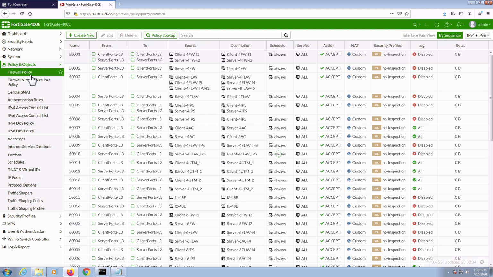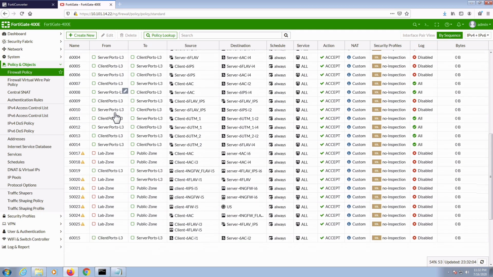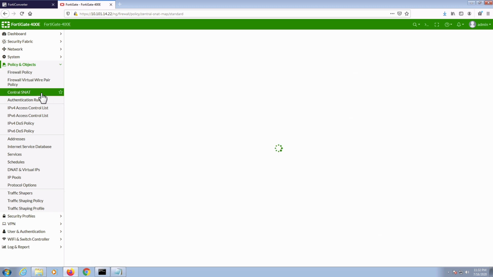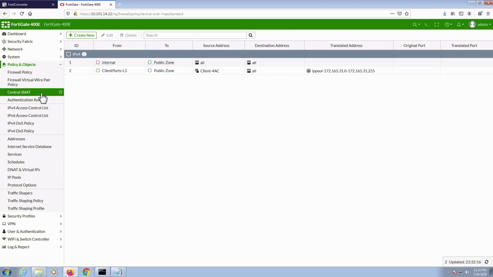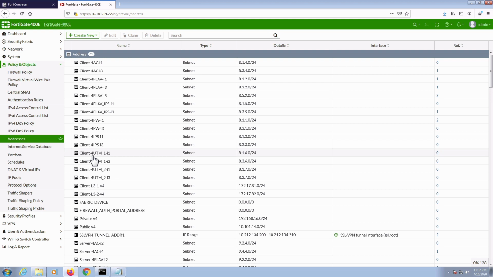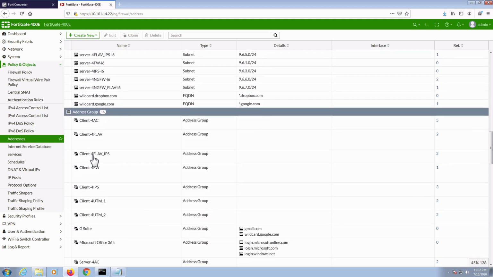Here, both IPv4 and IPv6 policies are present along with virtual wire policies. Next, central NAT policies are also configured. Moving forward to addresses, we can see IPv4 and IPv6 addresses along with address groups.